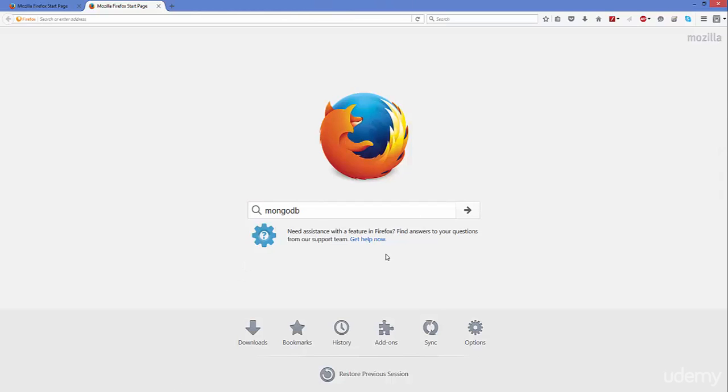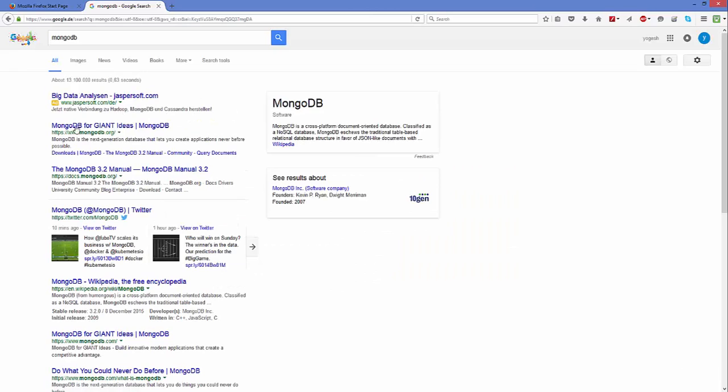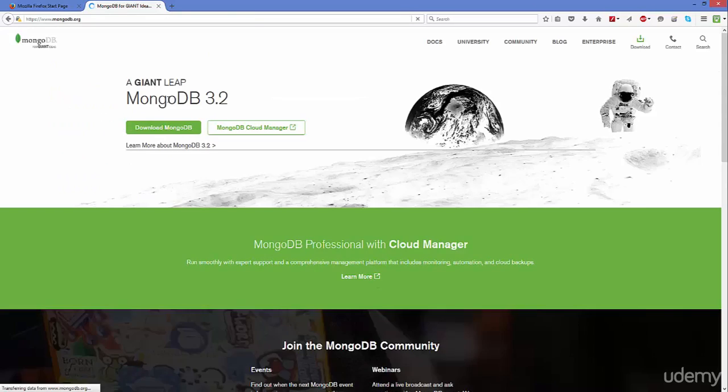So open your favorite browser and search for MongoDB, and the first link which will appear here will be from mongodb.org. Just click this link, and in here you will be able to see two buttons. One is download MongoDB, another is MongoDB Cloud Manager. We want to click this button, which is download MongoDB,